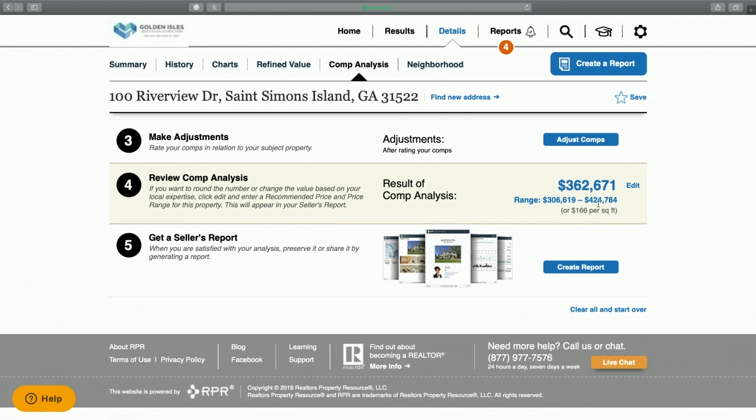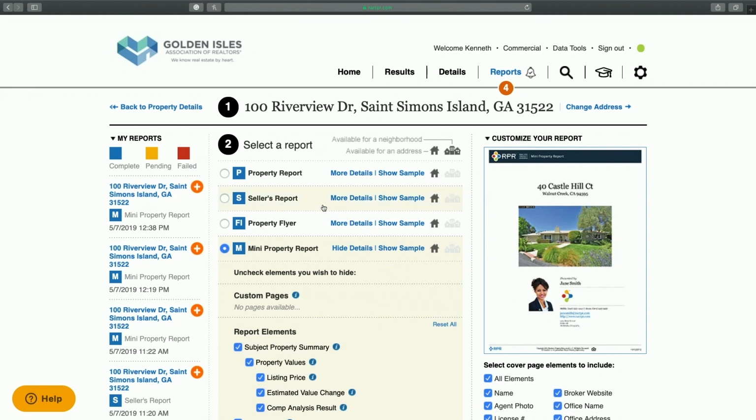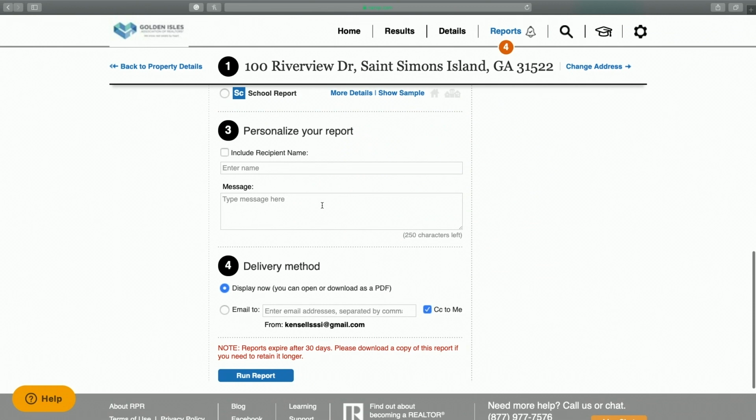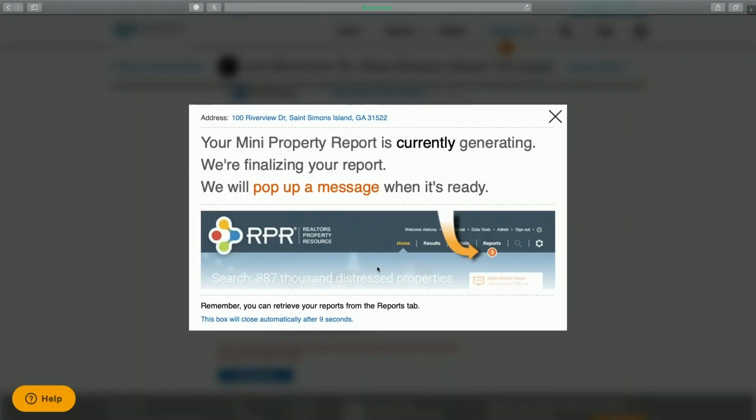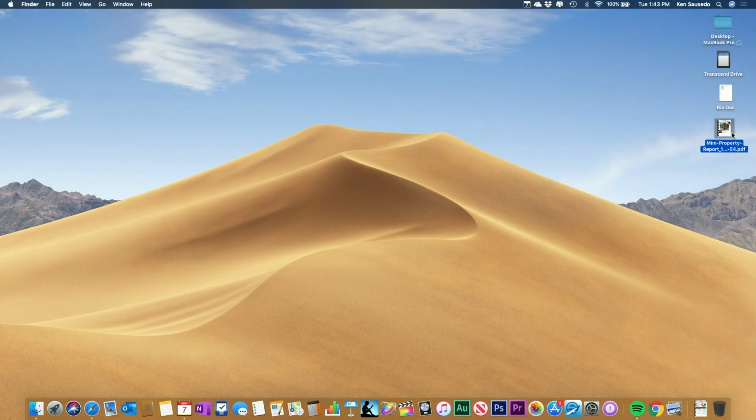Now, when you get done with your CMA, one of the best features about this RPR is you create a report. And these reports, you've got a number of them to choose from. Some of them are pretty lengthy, but I'm going to choose the mini property report, which is still, when you see it, a nice, concise presentation of the data that I just showed you. You click Run Report, and this takes a little while to generate, so I'm going to close this window out. But when that finishes, you get a nice